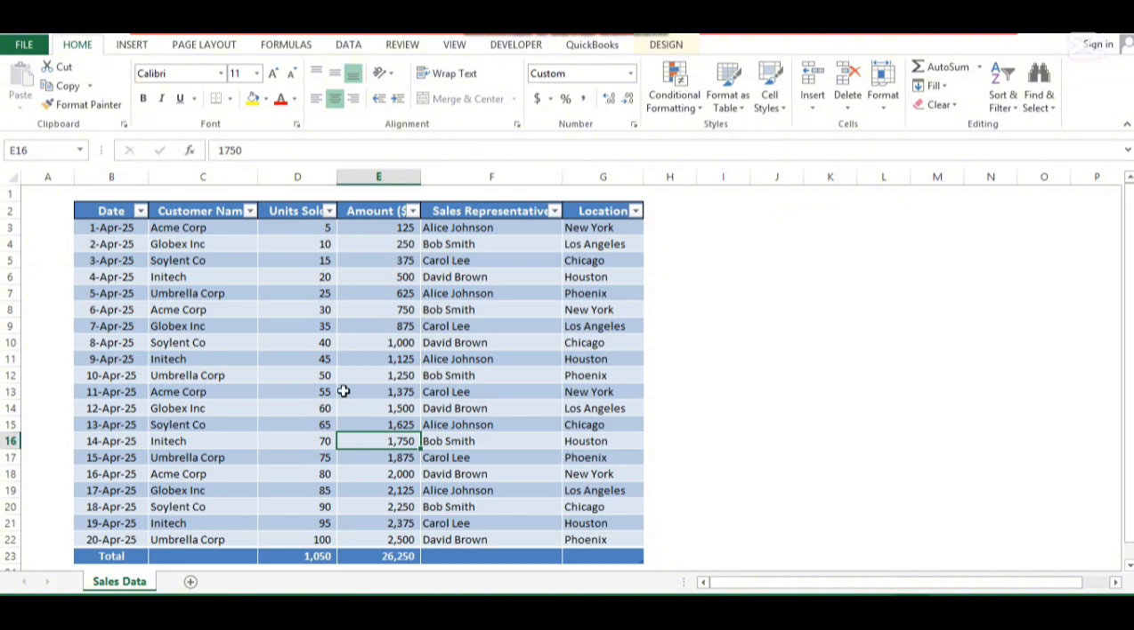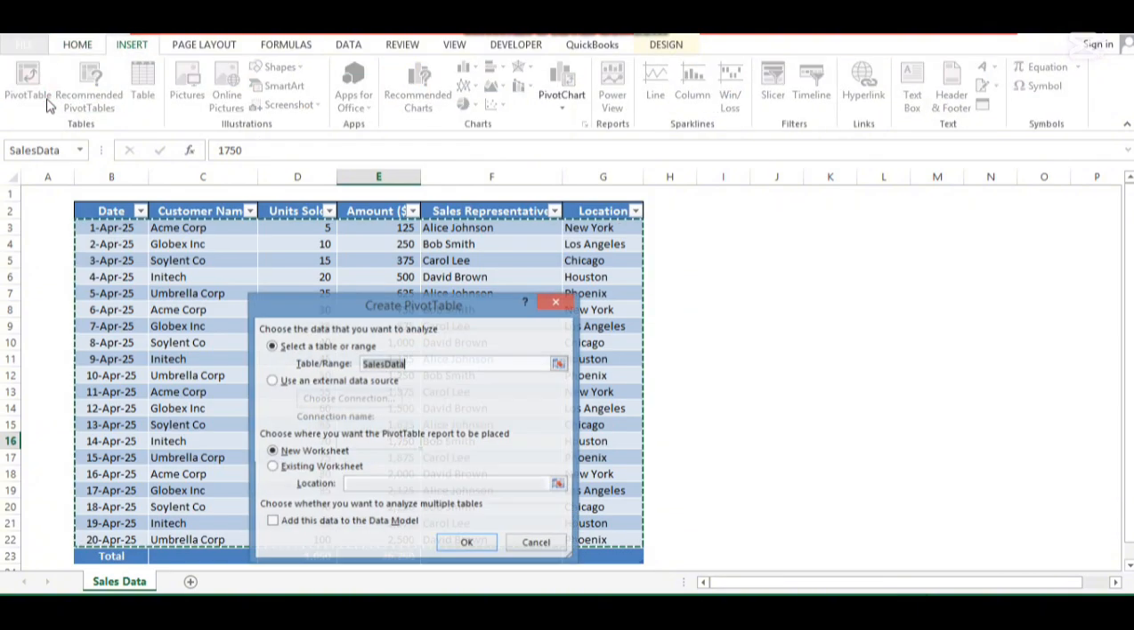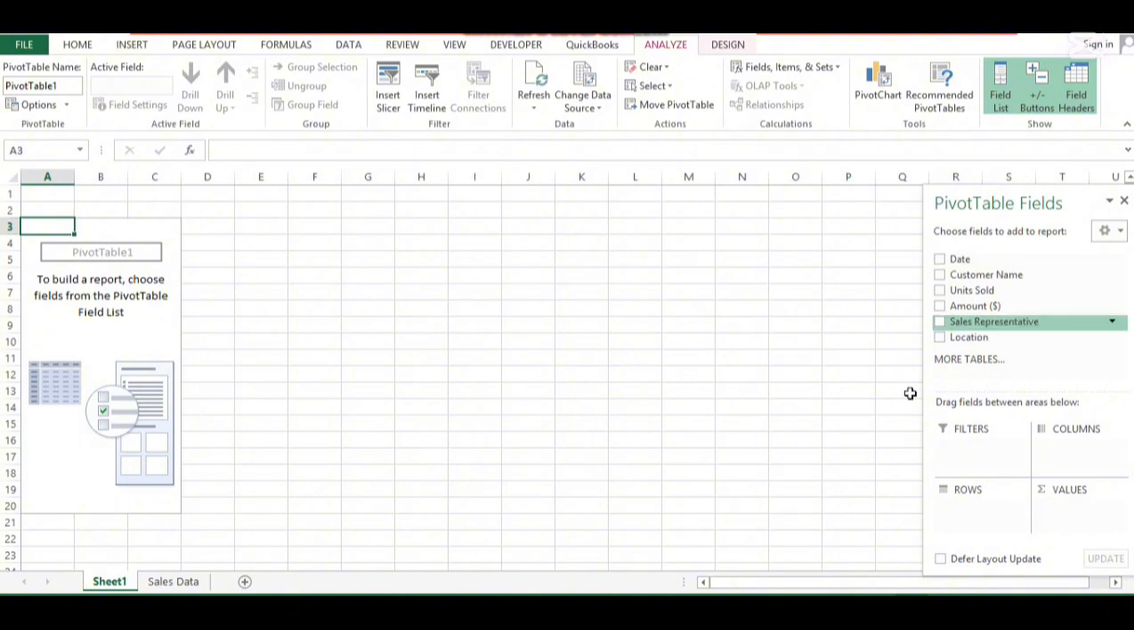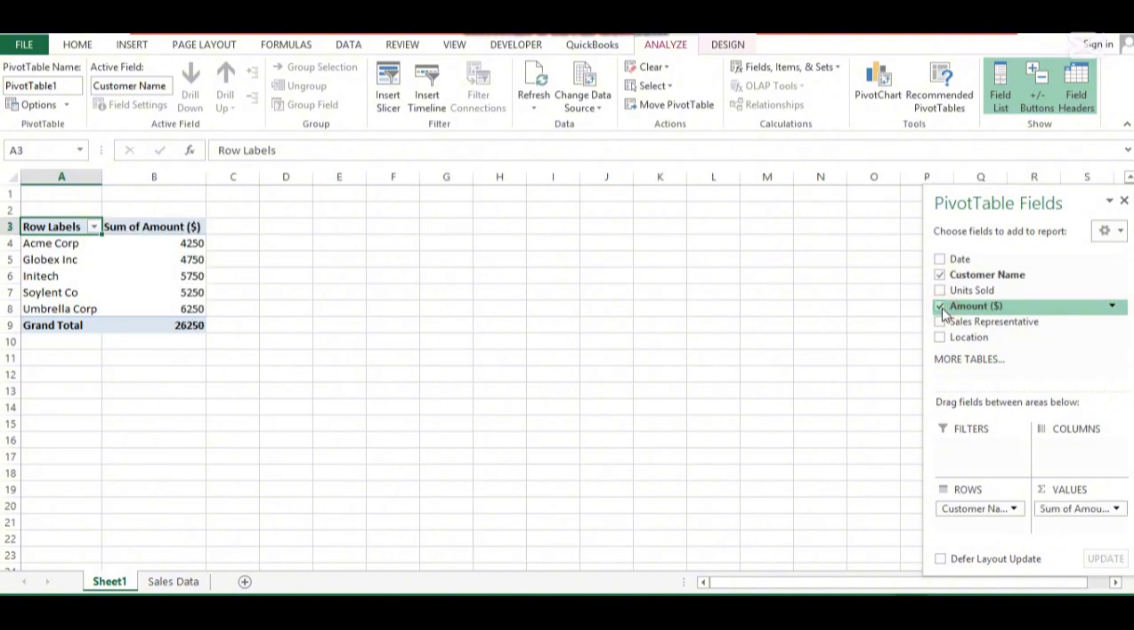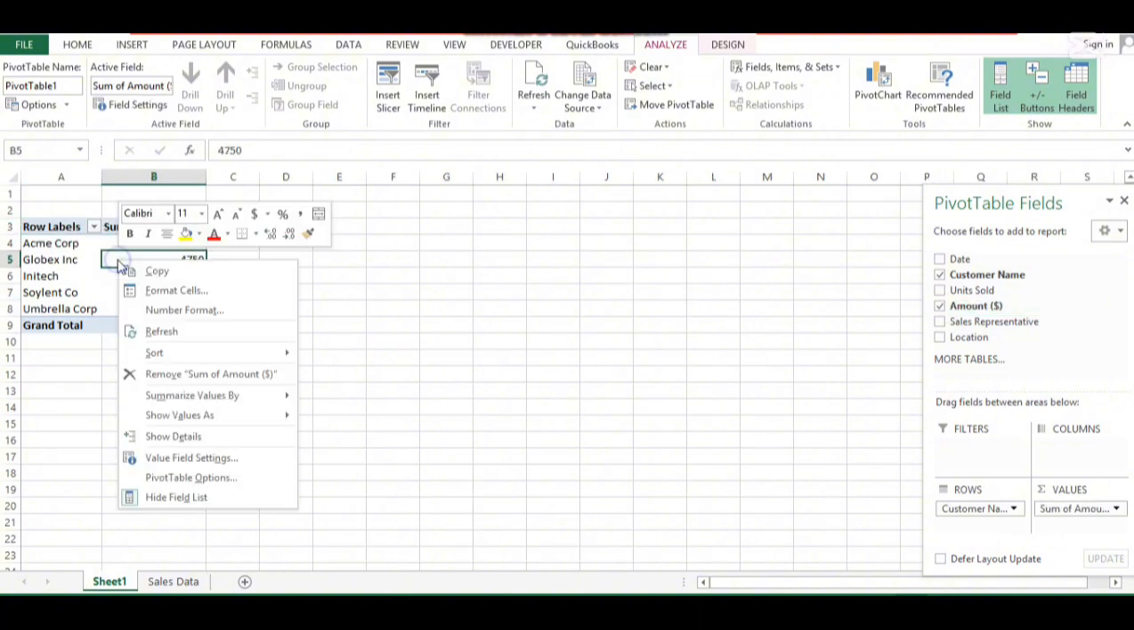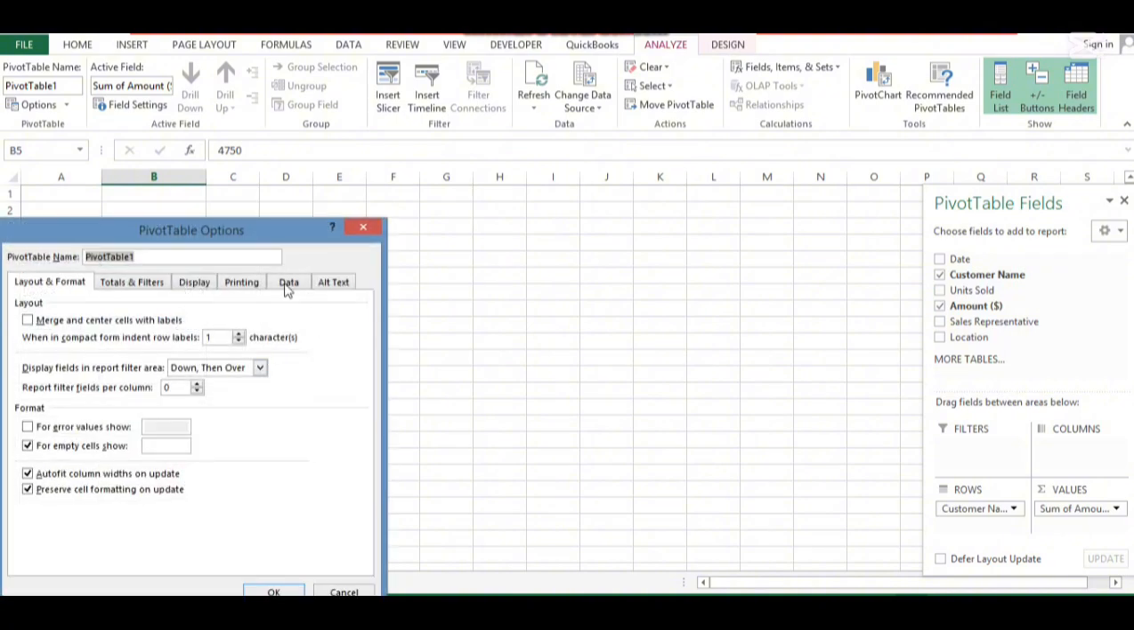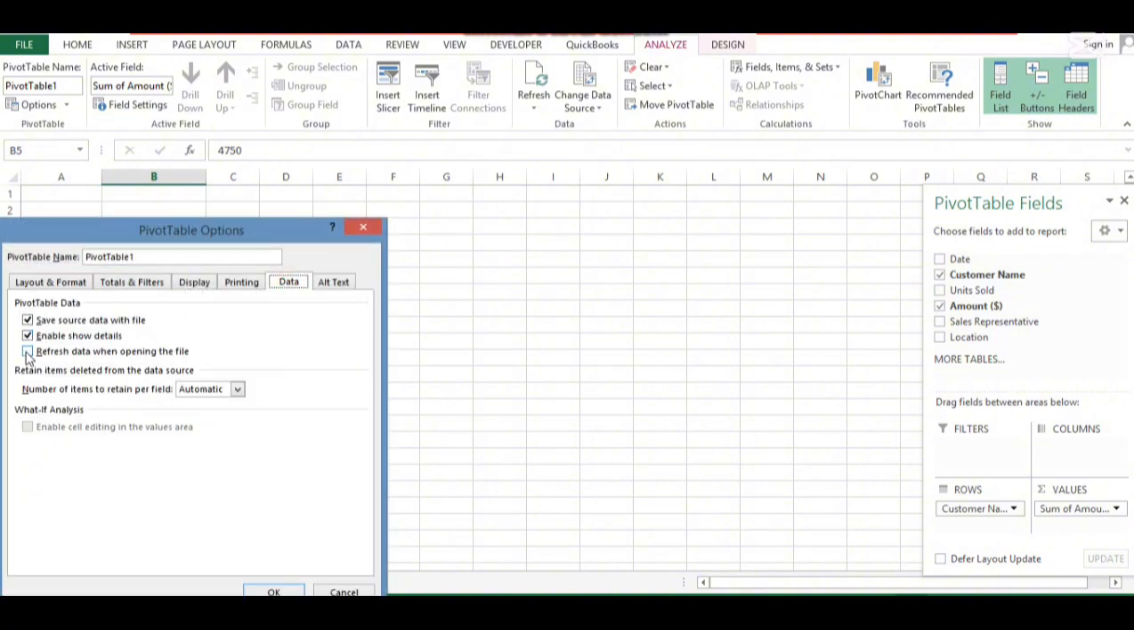So over here in Excel we have sales data. I'm just going to go ahead and insert a pivot table on a new worksheet. Press OK. So here we have pivot table fields. Let's just select some fields, customer name and amount, right? So that setting is right here. Right click it, go to pivot table options, data, and refresh data when opening the file